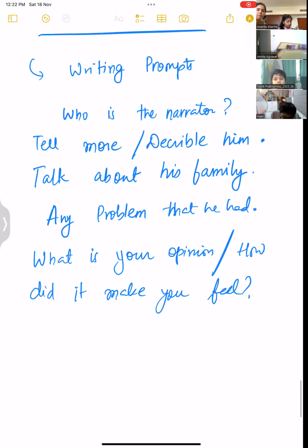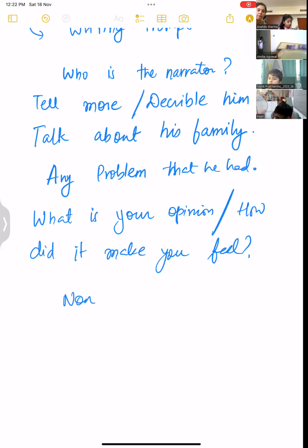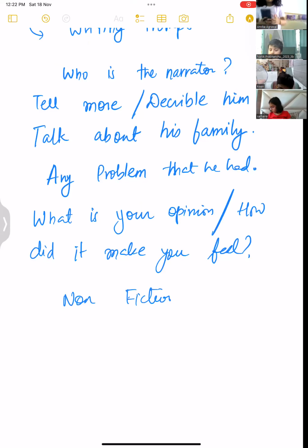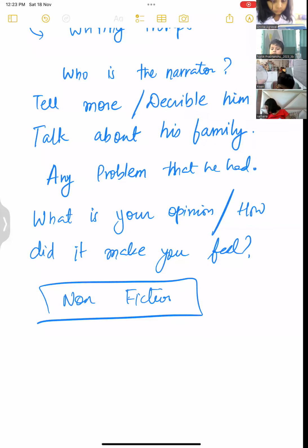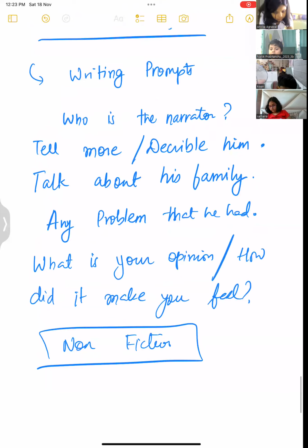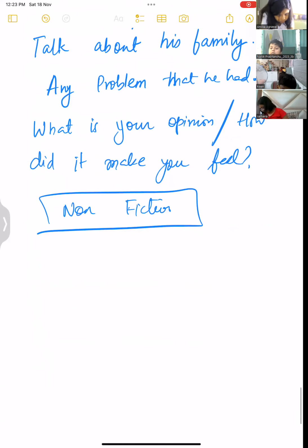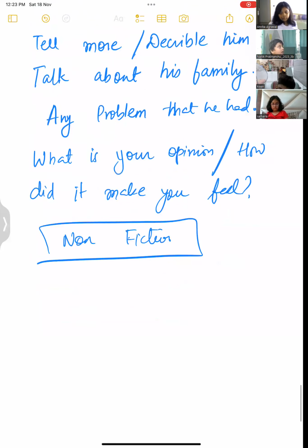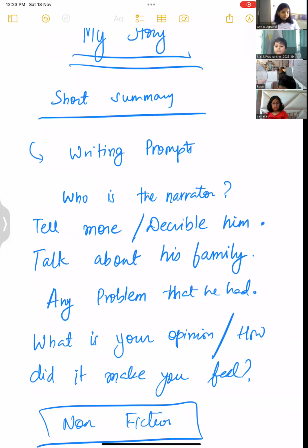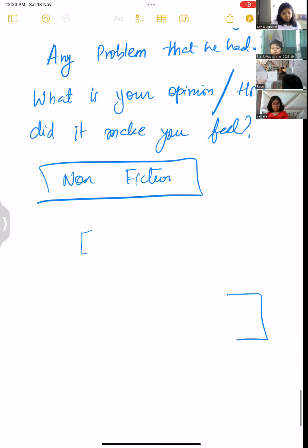Okay. Now, since it's non-fiction paragraph writing, children, you will be beginning your passage. I'm going to share this question again, but try to understand how you will be writing this. Immediately after the class ends, I want you to finish the piece and send it to me so that I can check your work. Whenever you're talking about one particular question, say these three related to the narrator, it's going to be in one paragraph with one idea. As soon as the idea changes, the paragraph changes.